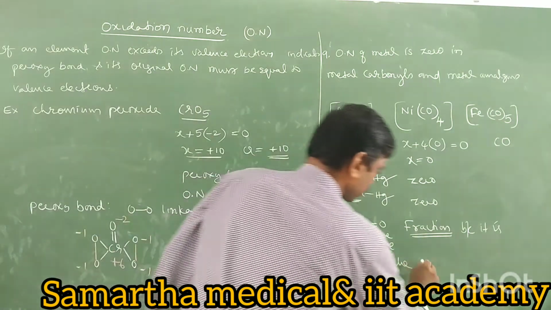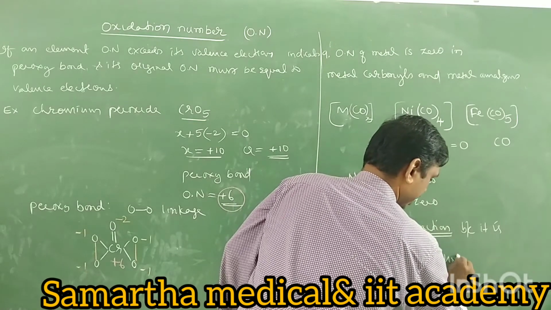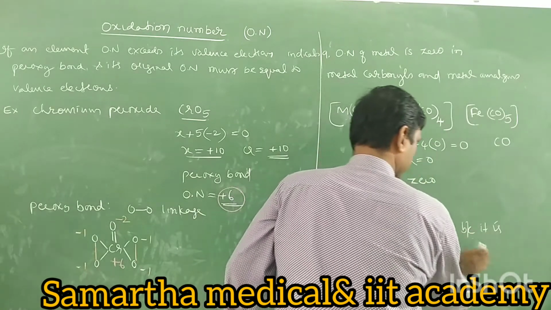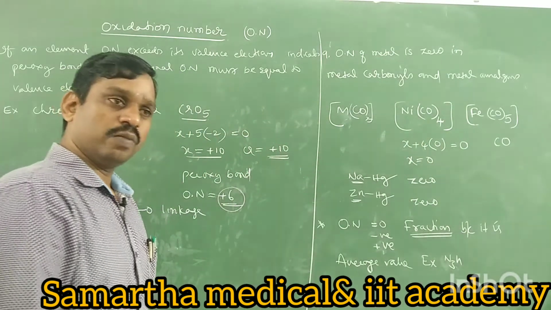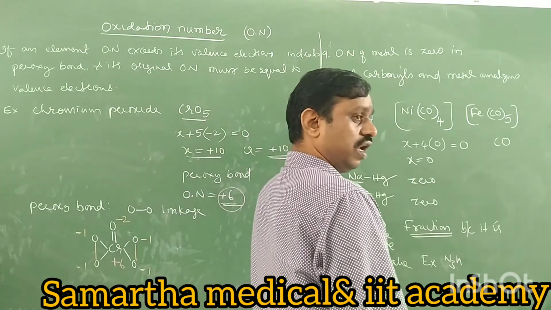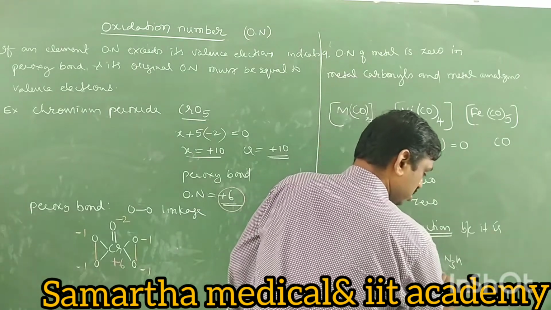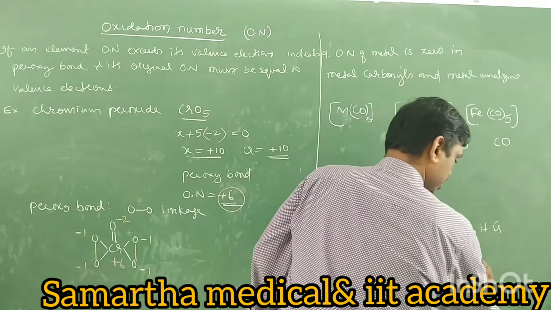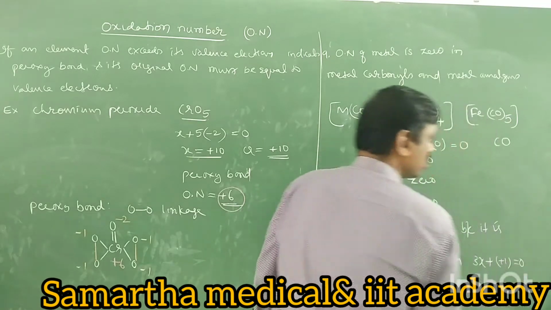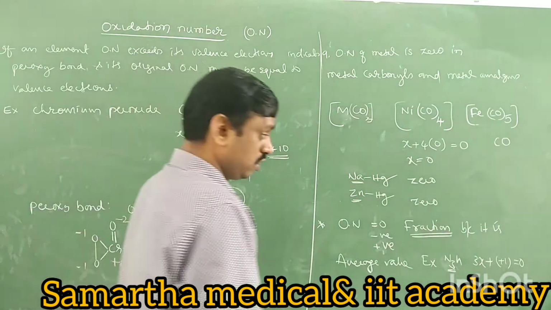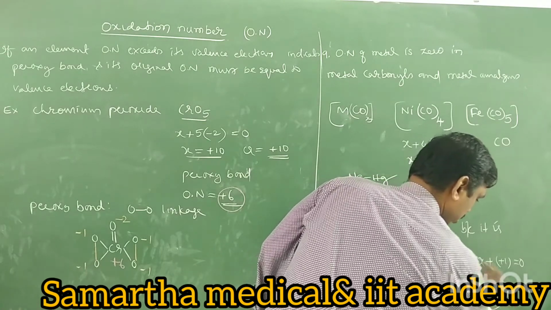For example, let us take hydrazoic acid, HN3, N3H. It is called hydrazoic acid, not ammonia. What is ammonia? NH3. NH3 is ammonia, N3H is hydrazoic acid. Tell me, in hydrazoic acid, what is the oxidation number of nitrogen? There is 3x, plus 1, equal to 0. X equals -1/3. Yes, so x equals -1/3. It is a fraction or not?